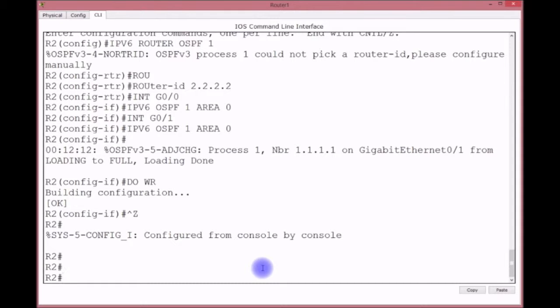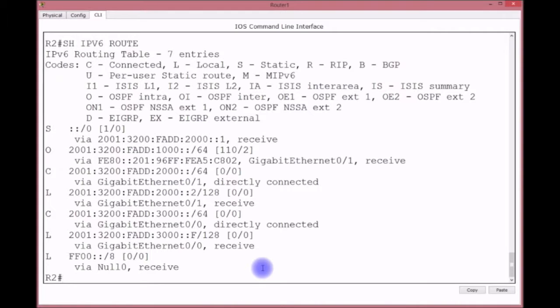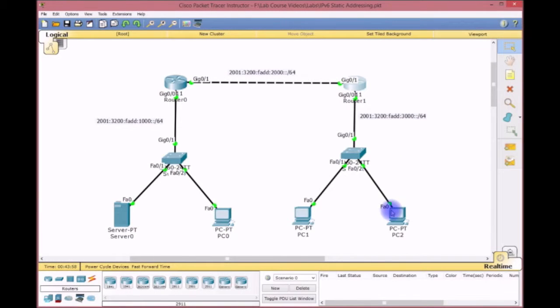All right, so let's take a look at the routing table. Do show IPv6 route. I don't need "do" here. Show IPv6 route. All right, so there we see O's. We also have a default route. So if the route wouldn't be in there, we'll use this. But since we do have a route to that network,